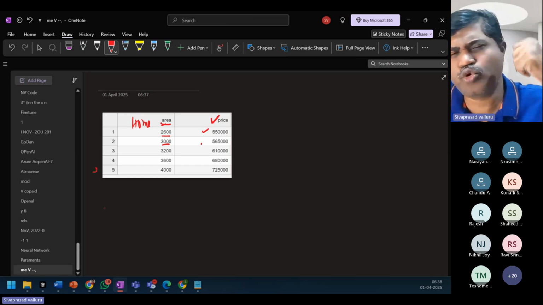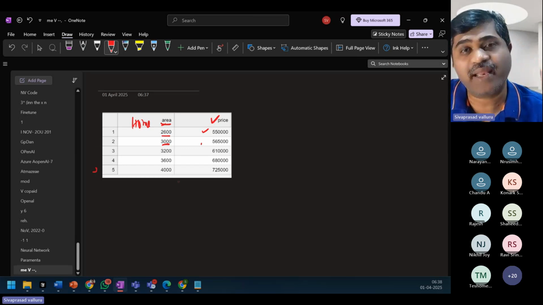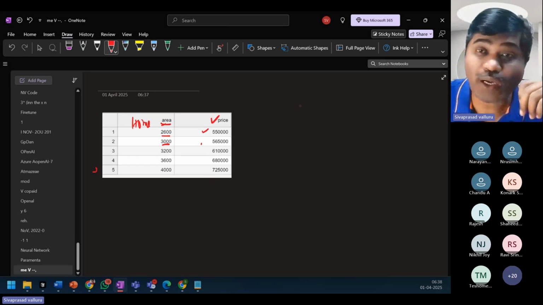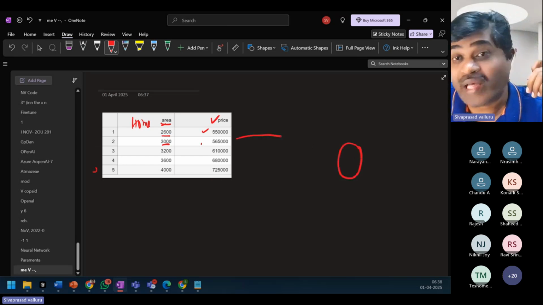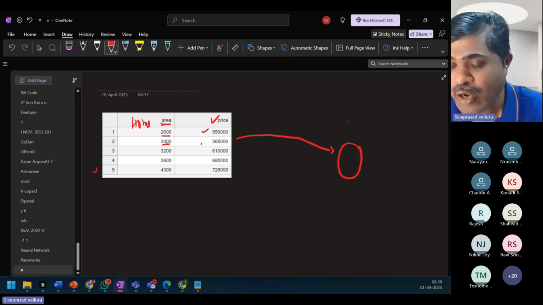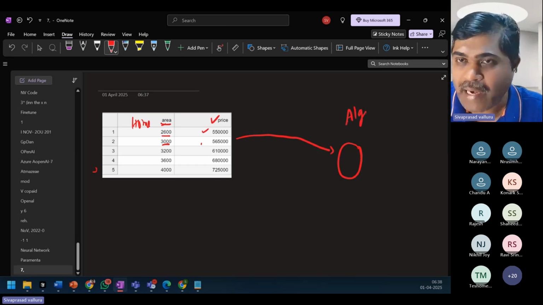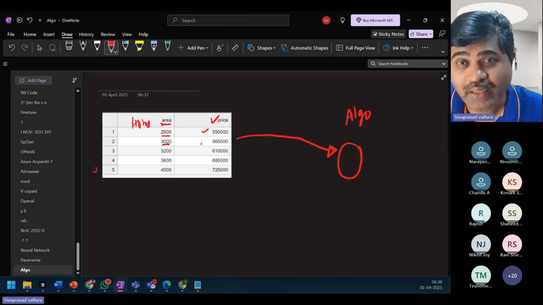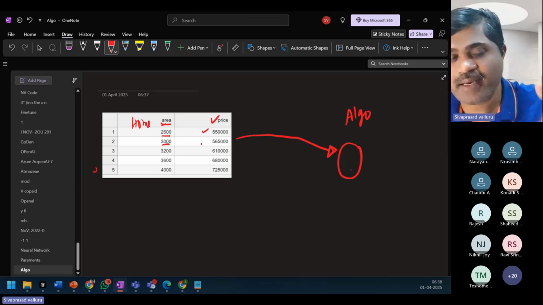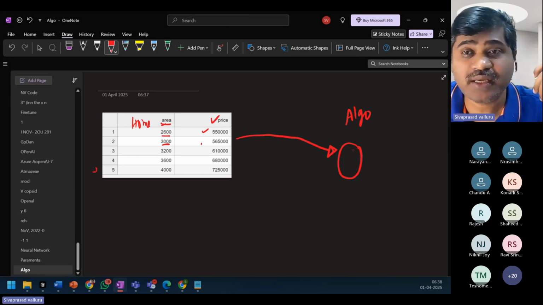Assume that you have huge data with areas and prices. Now what I want to do is feed this data to some algorithm so that it will learn from this data. And after training is done, I want to use this trained algorithm to do predictions.